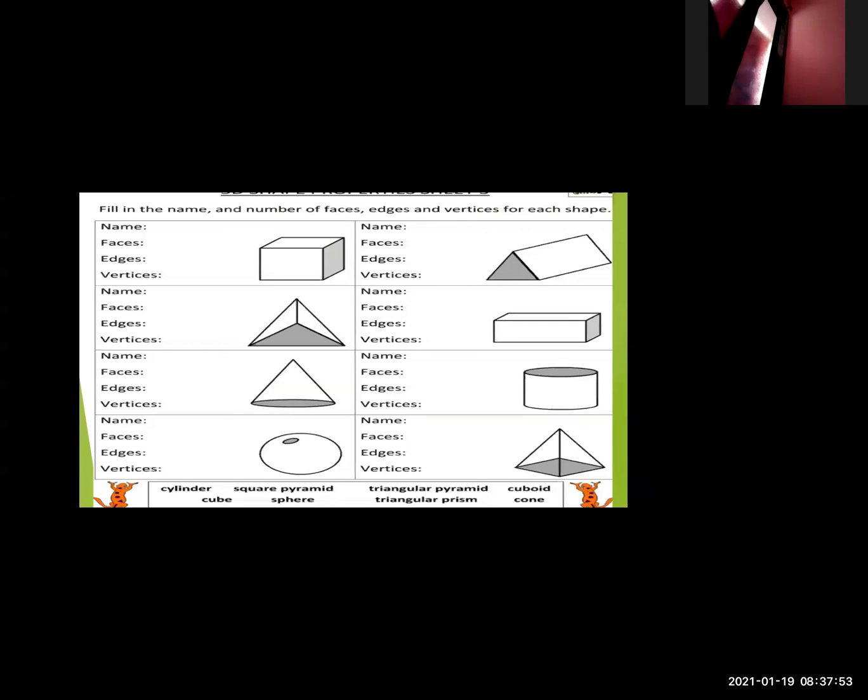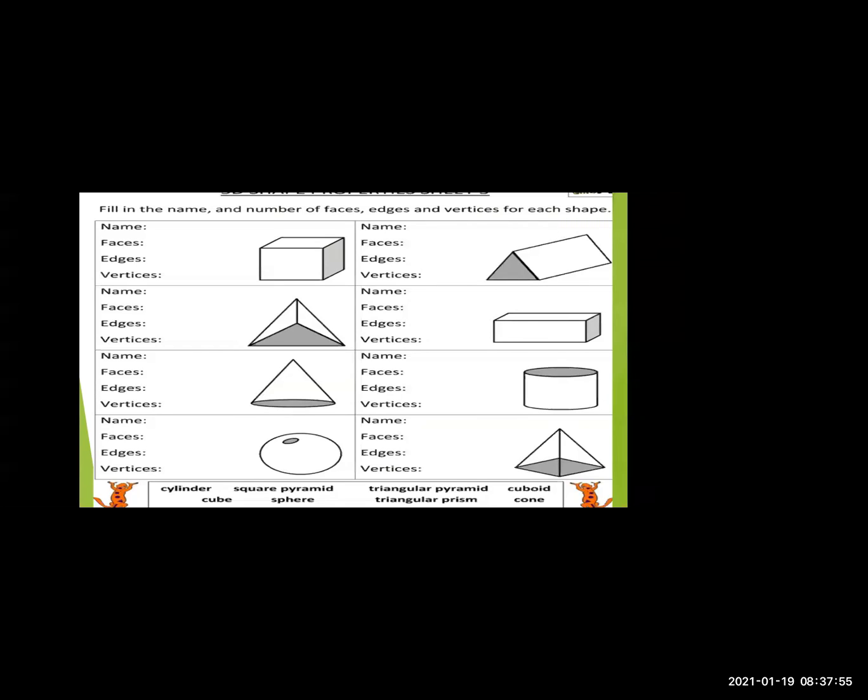Square pyramid. Yes, very good. That's the point. You got the point. Clap for yourself and give a star for yourself. Yes, it is a square-based pyramid. Quadrangular means having 4 sides. So it's a quadrangular pyramid. It has 5 faces, 5 vertices, and of course, it has 4 sides. That's why double the edges will be 8.